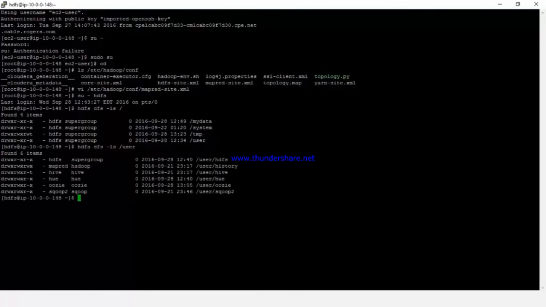For every service, you have a username that is the same as the service name, which is the owner of the cluster. So you can submit jobs using HDFS. You can search for the jar files, which will have your programs, by typing